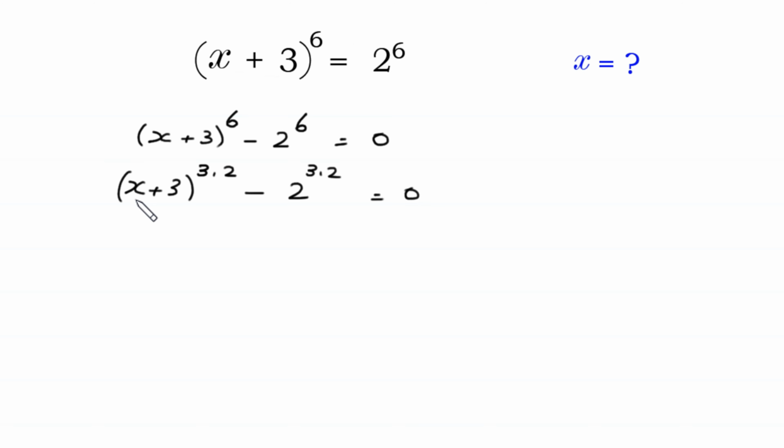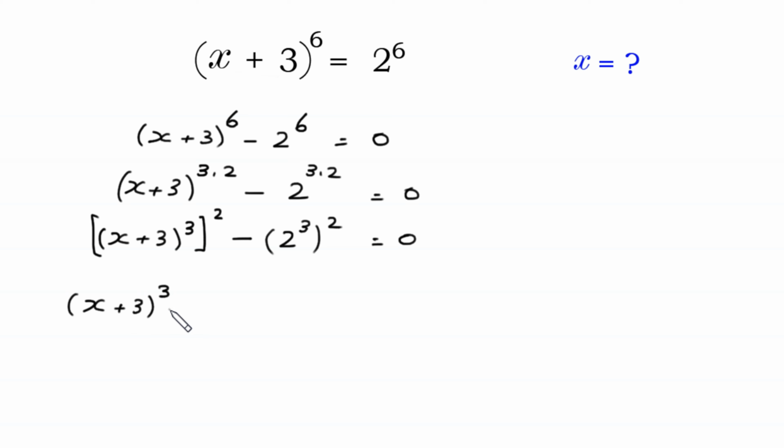Now we can write (x + 3)^(3×2) as ((x + 3)^3)^2, minus 2^(3×2) as (2^3)^2, equal to 0. Now we have a difference of two squares, so we can write this expression as